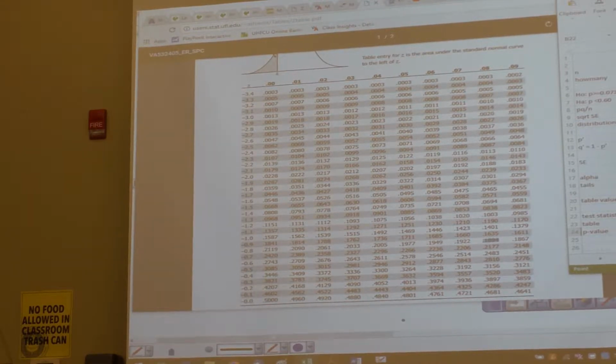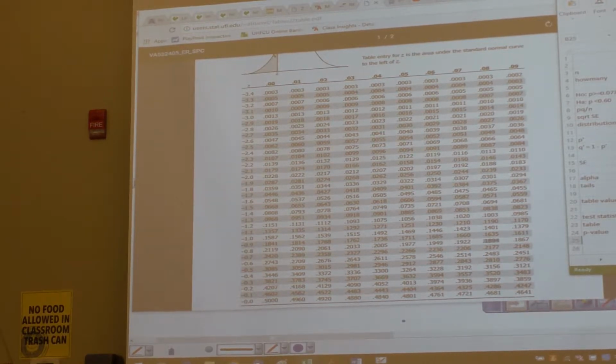And I'm either going to type in true or false. I actually think I want true. And you see that it gives me a p-value of 0.1883, which is a little bit different than